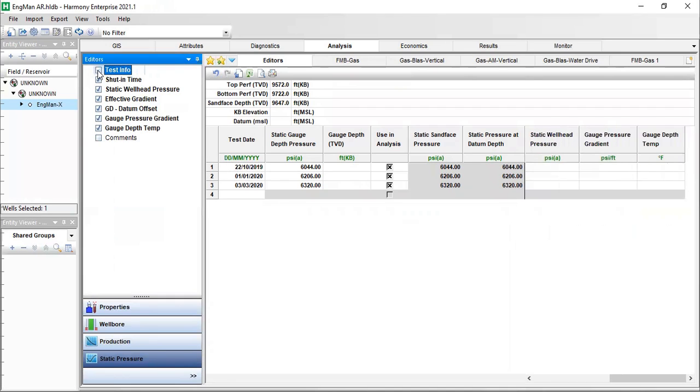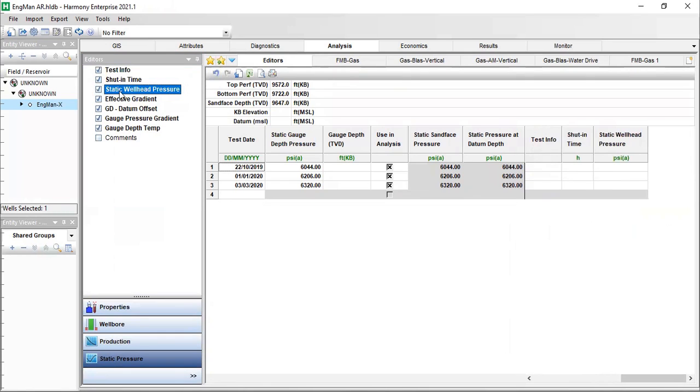Okay, the column shut in time. If you want, you can tick or untick. In this case, I don't have the exact data. Static wellhead pressure. I don't record the wellhead pressure during the static condition. Effective gradient. No. Gauge datum offset. But the most important thing